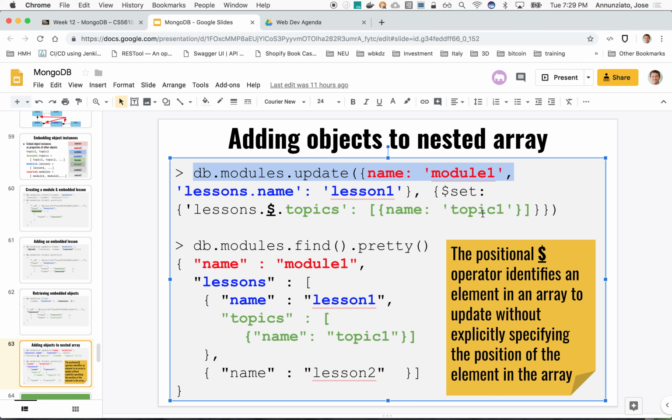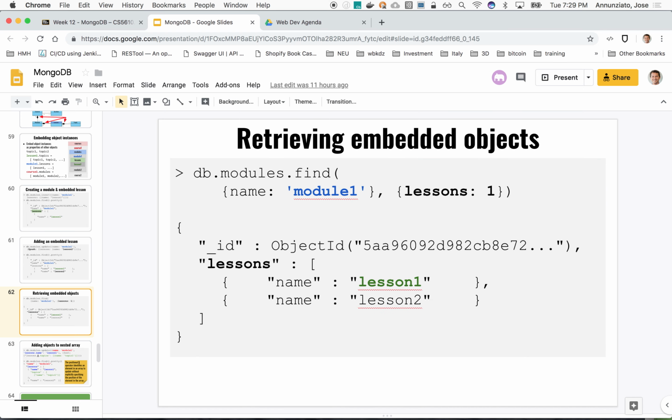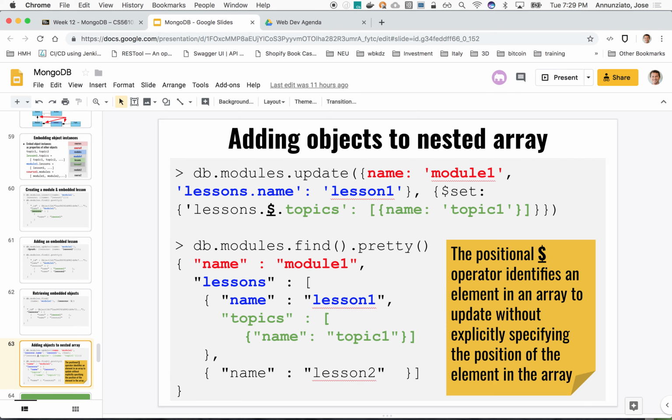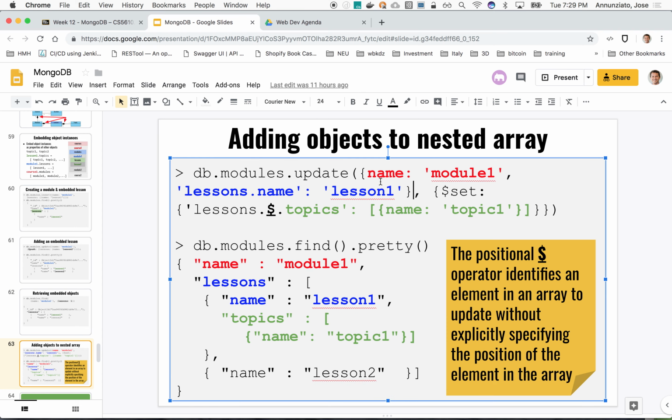Once you find it, it could be this one, or it could be that one. It's going to iterate over this array until it finds it. We don't know which one. It could be the first one, the second one, the third one, the 31st one. I don't know which one. I don't know the index. Okay. So once you find it,